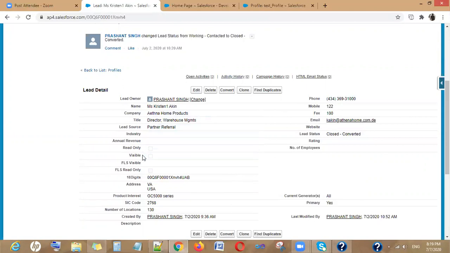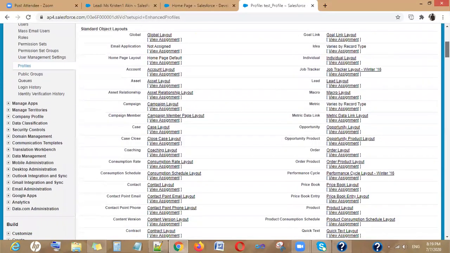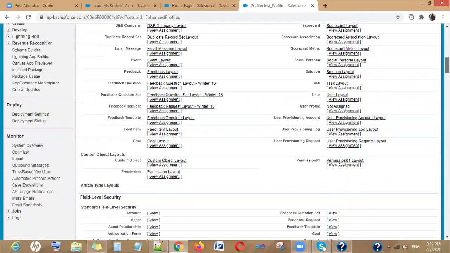Which field you want to make required, which field you want to see here, and in what position. For example, you want to see a field after the number of employees. All of this you control through the page layout. Each object will be assigned a page layout, and the profile controls which page layout you will be able to see.